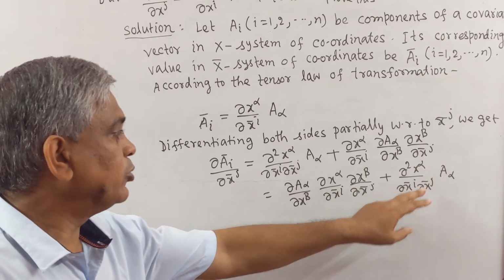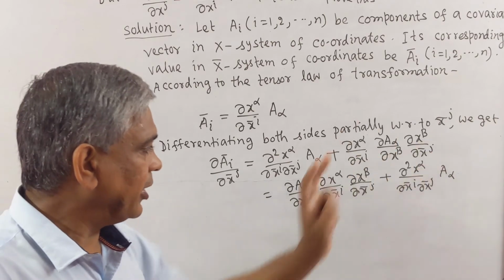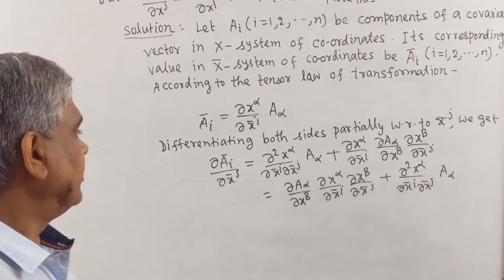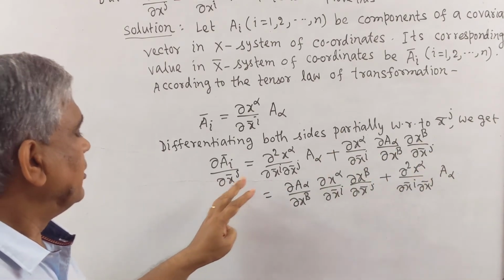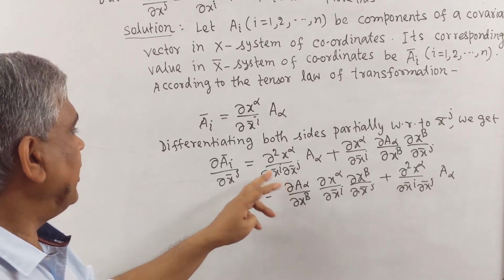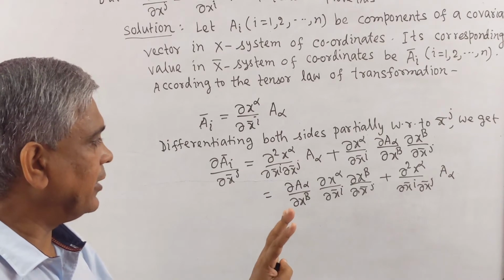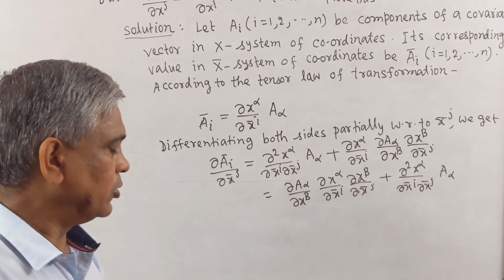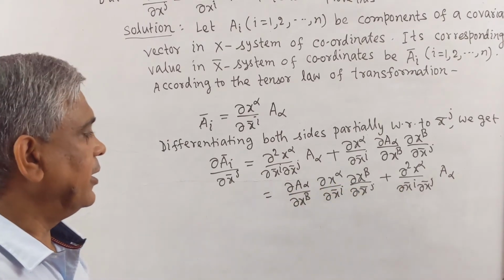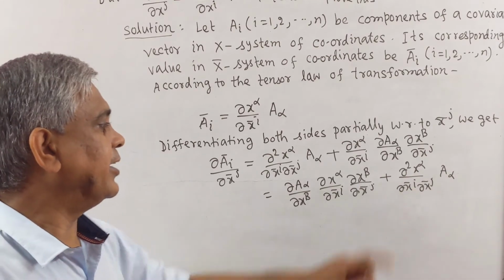If the second term would not appear, then the partial derivative ∂a_i/∂x_j would be a tensor of rank 2. But the existence of the second term,